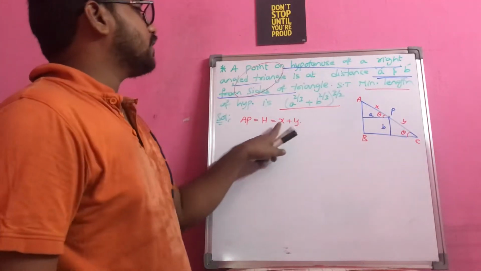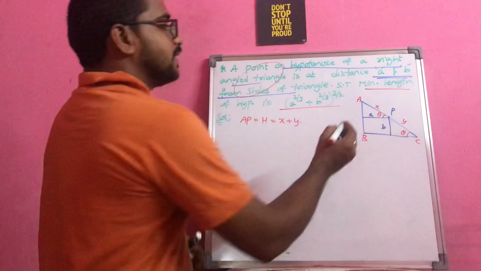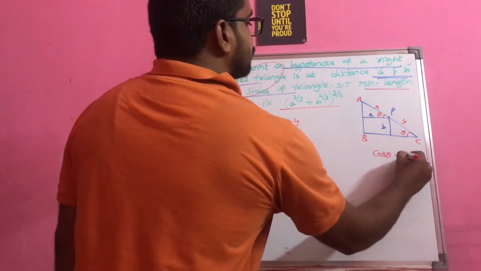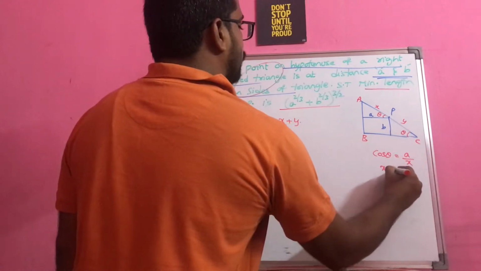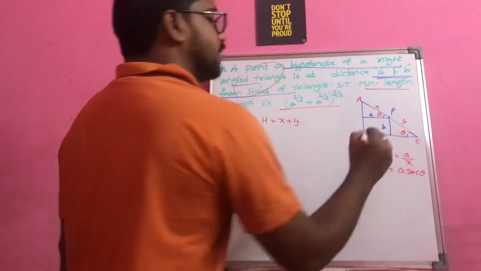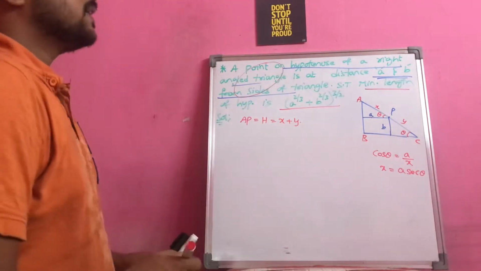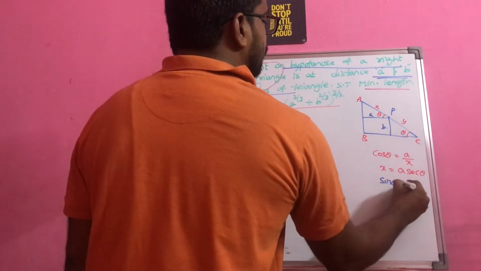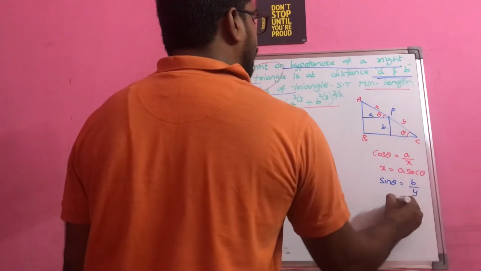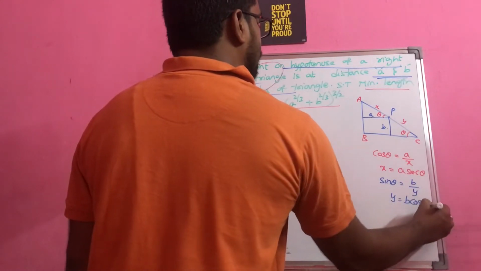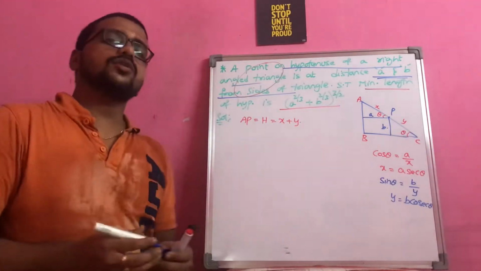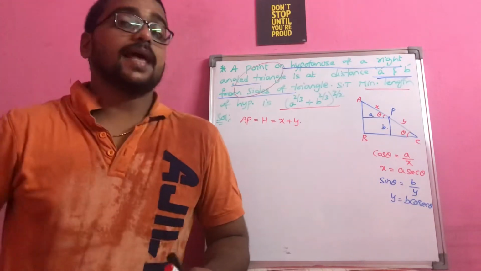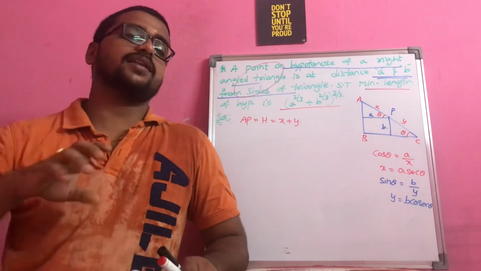First I can find the x value from the question, that this is adjacent and this is hypotenuse. So if I take cos theta, adjacent by hypotenuse, I want x, so x is equal to a secant theta, because you get a by cos theta. Similarly, in this triangle, B is the hypotenuse, so I will take sin theta, which is equal to opposite by hypotenuse. I want y, so it will become b cosecant theta. As I told you before, try to bring the trigonometric functions into the picture. Then our calculation part will become so simple and you won't have any radicals at all.